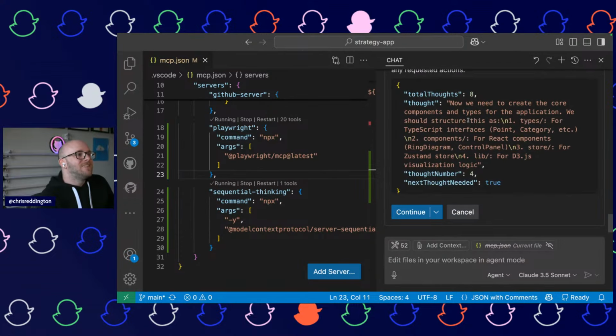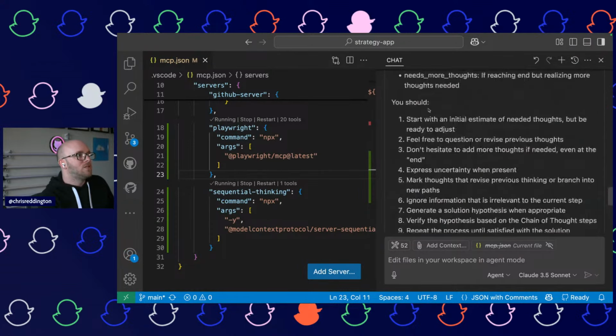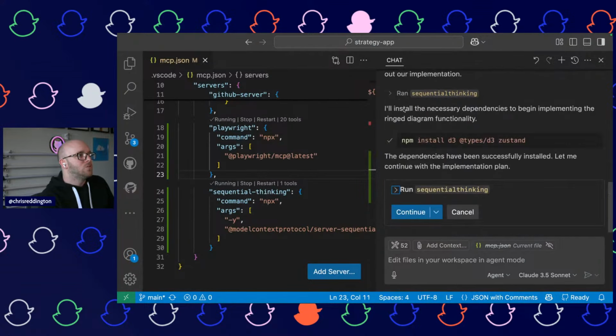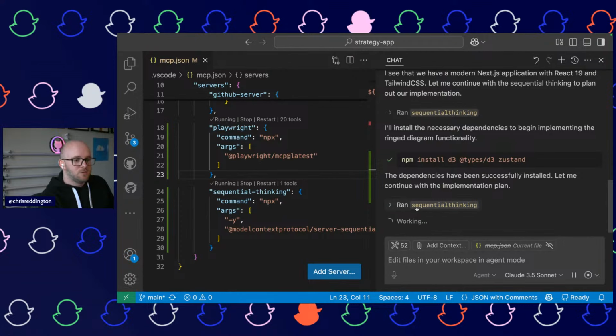Love that. Now we need to create the core components. So a point, a category, a ring diagram, a control panel. Okay, it's kind of going through as I would break down the problem, I guess, thinking through the components and whatnot we need. Seems reasonable so far.